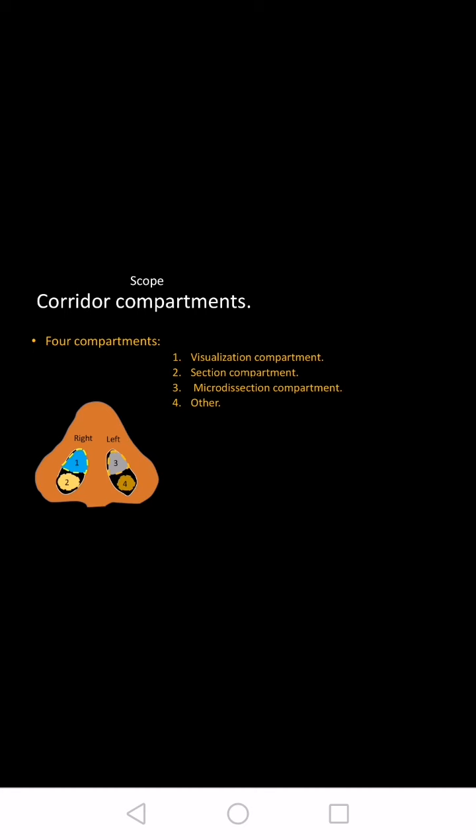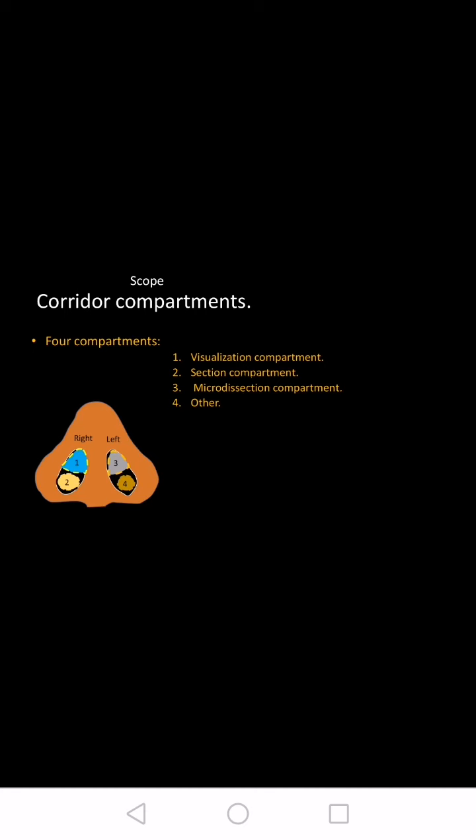The first compartment is the visualization compartment, where the endoscope is going to be placed, and the lower compartment is the dissection section. Sorry, number 2 compartment, the lower right nasal cavity typically, and number 4 is the dissector. Number 3 is left for extra instruments. Some people put